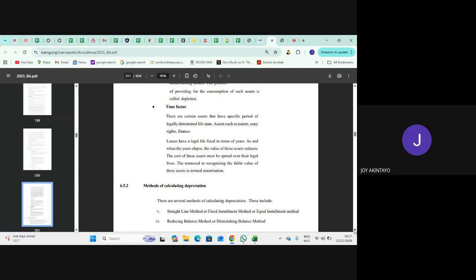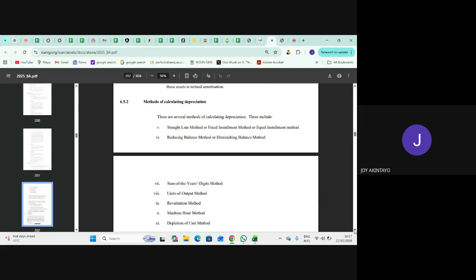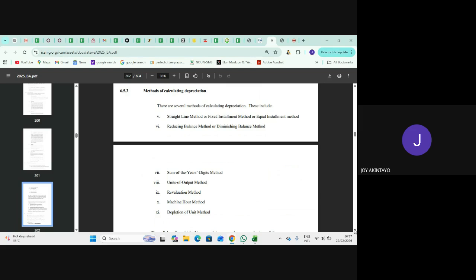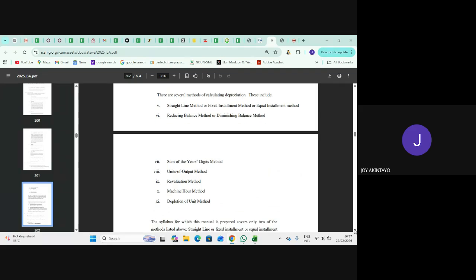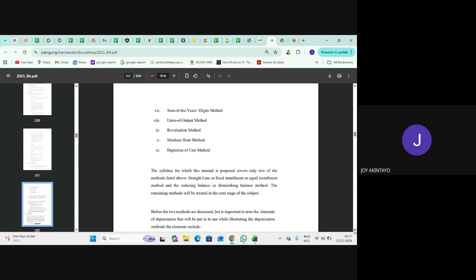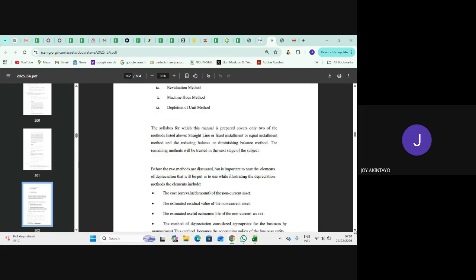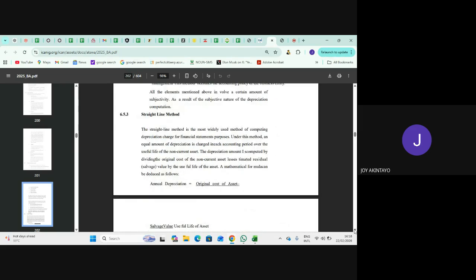What are the methods of preparing our depreciation? We have the straight line method, reducing balance, sum of the year digits method, units of output method, revaluation method, machine hour method, then depletion method. Now, coming to the straight line method, this is the formula for the straight line method. Then this straight line method also has another useful